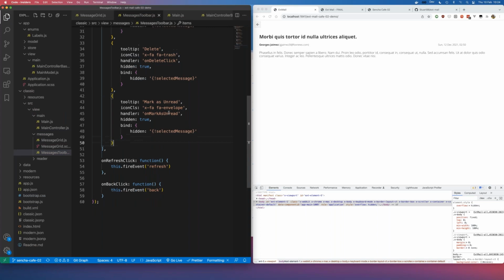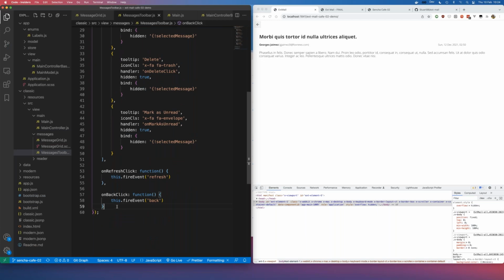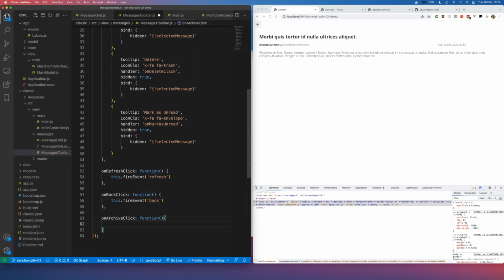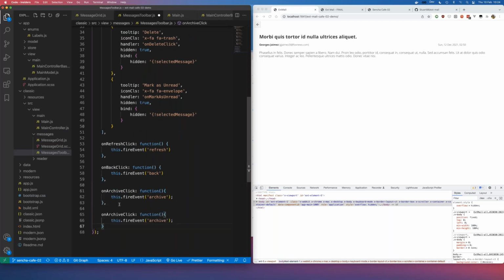So now we need to make a method to match each of these handlers. So we've got on archive click, on delete click, and on mark as unread click. And we're just going to do these. We're just going to raise an event for each of them. So this fire event, we'll just raise an event called archive. So this is a technique I like to use rather than, so we could just,